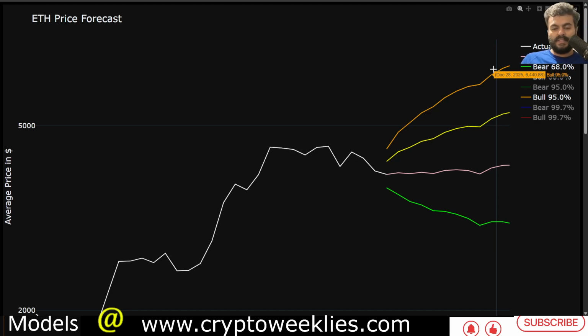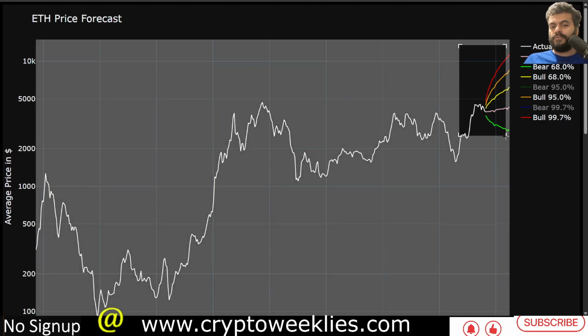$6,500 towards the end of the year. If we rally slightly into the first week of January of 2026, that target goes to about $6,700. So adding a 10% tolerance on this weekly average, the price at the peak per this model could be at around $7,500. So it would take about a 3 standard deviation, around 99.7 percentile bullish move for ETH